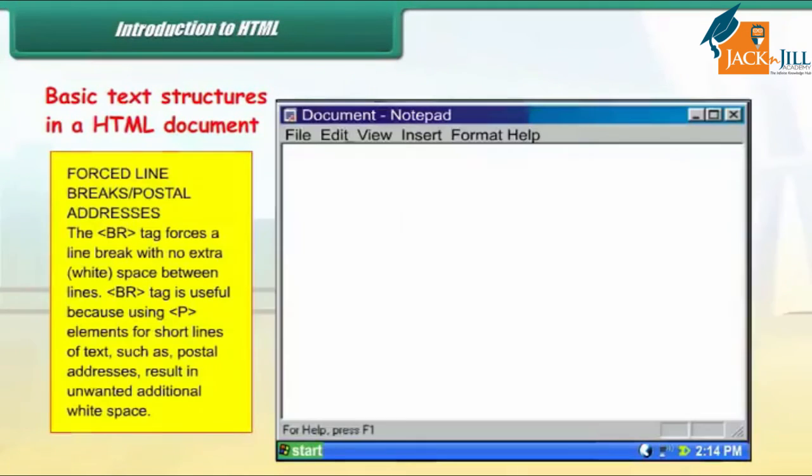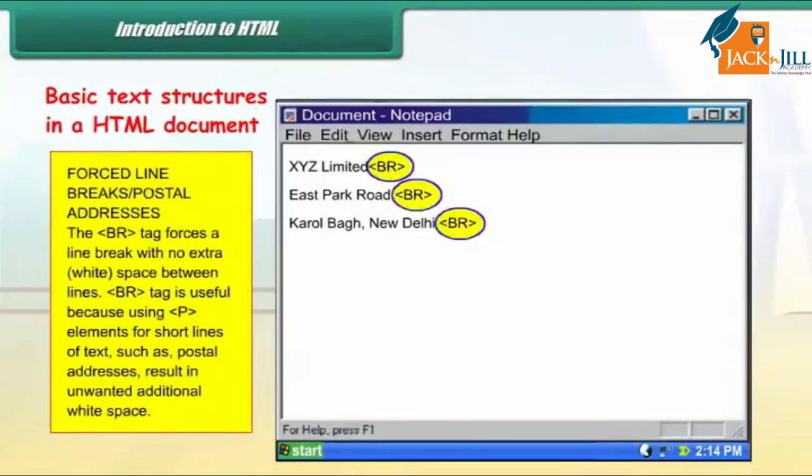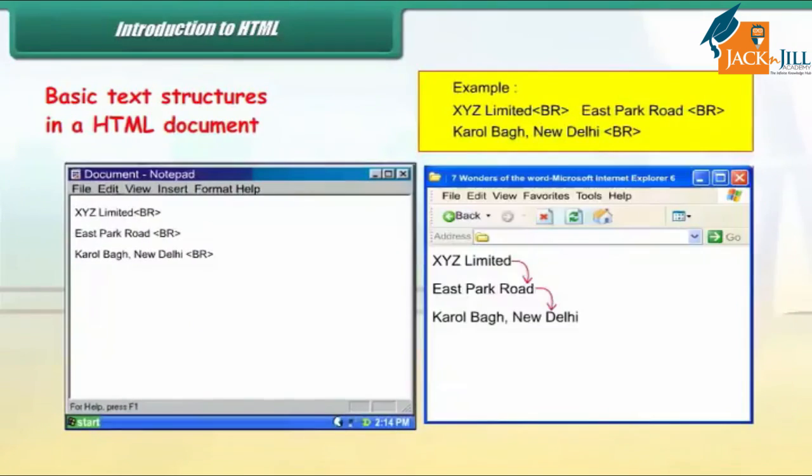Forced line breaks, postal addresses. The BR tag forces a line break with no extra white space between lines. The BR tag is useful because using P elements for short lines of text such as postal addresses results in unwanted additional white space. Example: